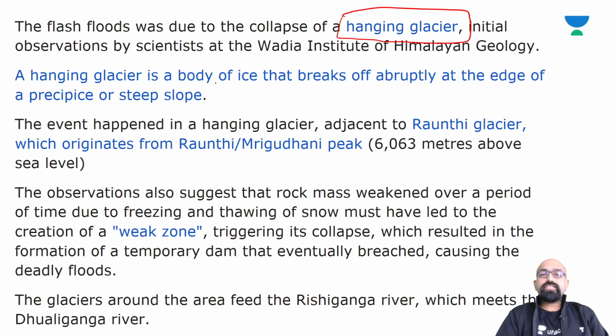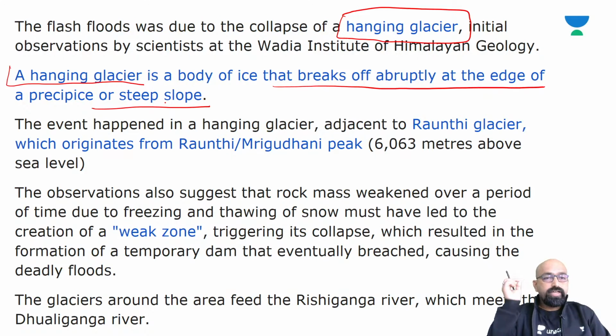Initially, observations by the scientists at the Wadia Institute of Himalayan Geology say that this flood was due to the collapse of a hanging glacier. So what is meant by a hanging glacier? A hanging glacier is a body of ice that breaks off abruptly at the edge of a precipice or steep slope. The event happened in a hanging glacier adjacent to